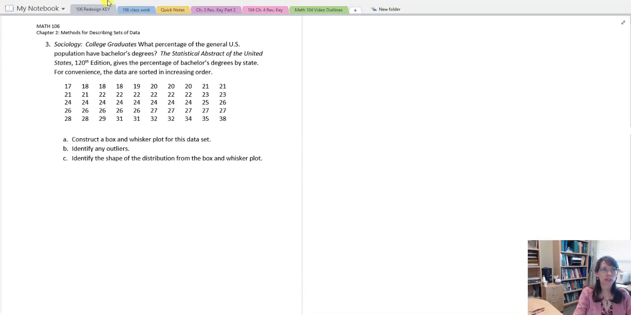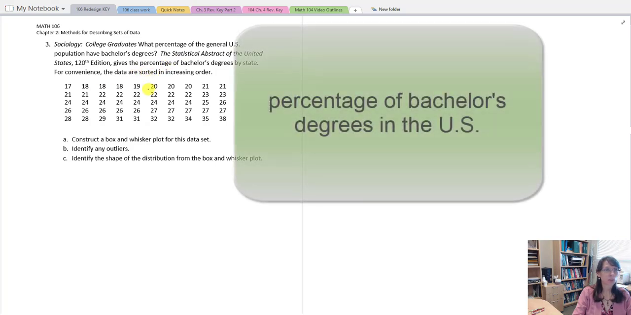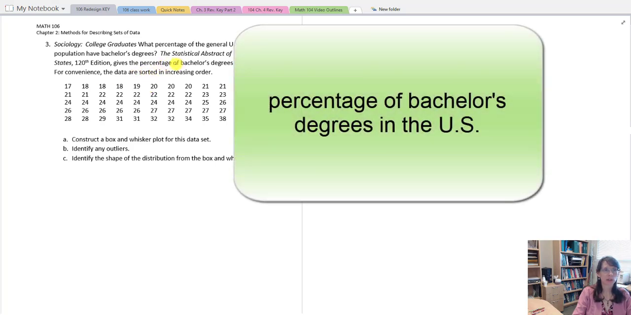In this video, we're going to talk more about how to construct the box plot and identify any outliers. Problem number 3 deals with sociology and college graduates. What percentage of the general U.S. population have bachelor's degrees? The Statistical Abstract of the United States, 120th edition, gives these percentages of bachelor's degrees by